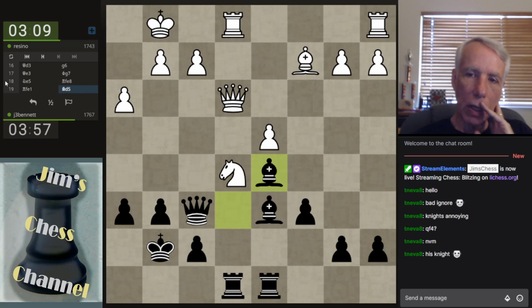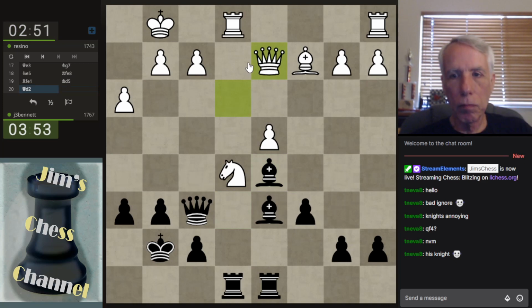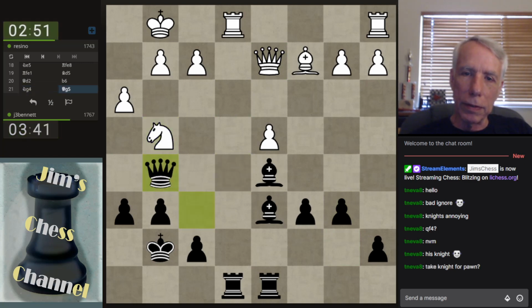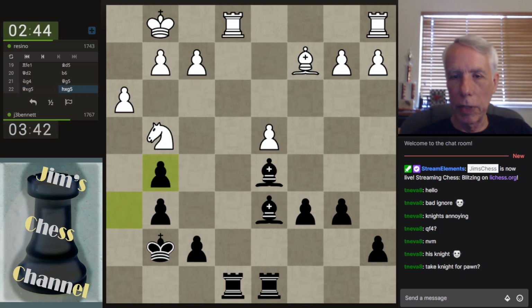Maybe I should do something else with this dark squared bishop. I could put it over here, but he could lift the rook. If I go here, here, there. Okay, I guess I have to do this. Take knight for pawn. Yeah, I was looking at that, but I didn't see a way to do that, actually. So there goes the queen, but also there goes his mate threat, so...